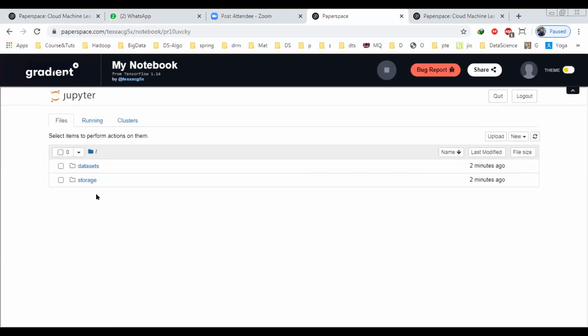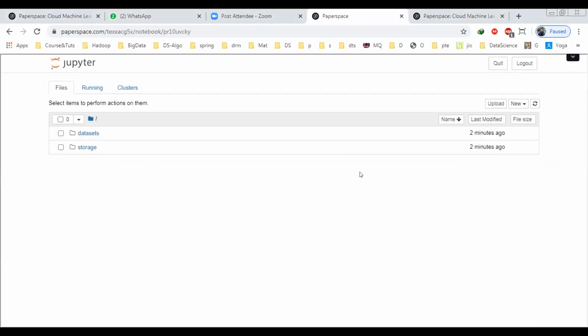So that's it. Raj, can you give me control so that it will be easy for me? Okay, I will ask for the control. Just allow me. Yeah, given your control. Okay, thanks. So these are the options that you will see. If you do not want to see this top bar, you can just click on this small button over here, and it will slide above. Now here you can see these are the options that you have. Now let's create a new Python 3 Jupyter notebook.